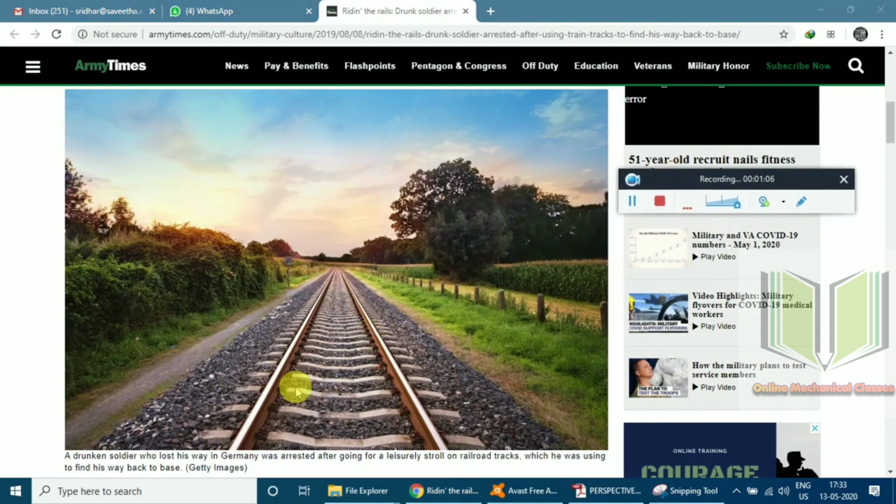This is a railway track, and obviously we know that both the tracks are parallel to each other, but when you look at this image, it seems to be converging to a point. You can see these poles, this pathway, and this rail, and all of these are converging to a single point called the vanishing point. This is called perspective, which is the most realistic form of your engineering diagram.